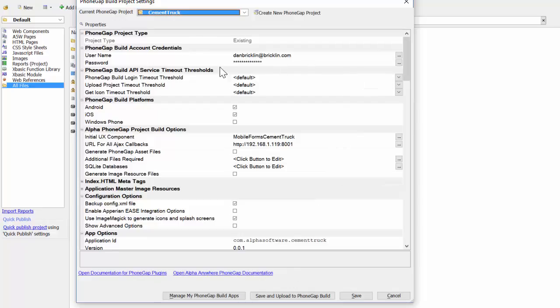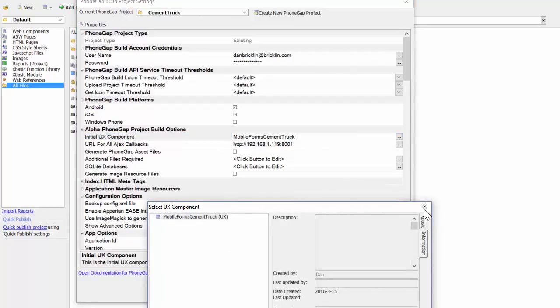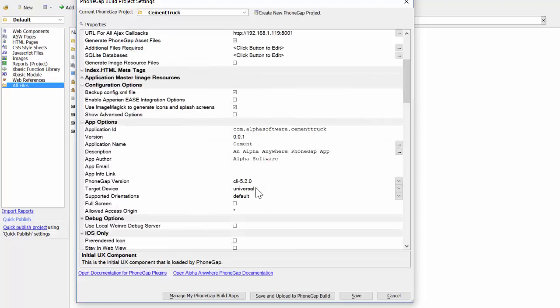Now in this case, I set it for Android and iOS. The initial component that I chose by clicking here is the mobile form cement truck component. The URL I'm using is the URL on my local Wi-Fi network for that server that will get me to the place where I publish it, which is in the A5 root. I generated the PhoneGap asset files, and at least once I generated the image resource files. I gave it a name of Alpha Software,